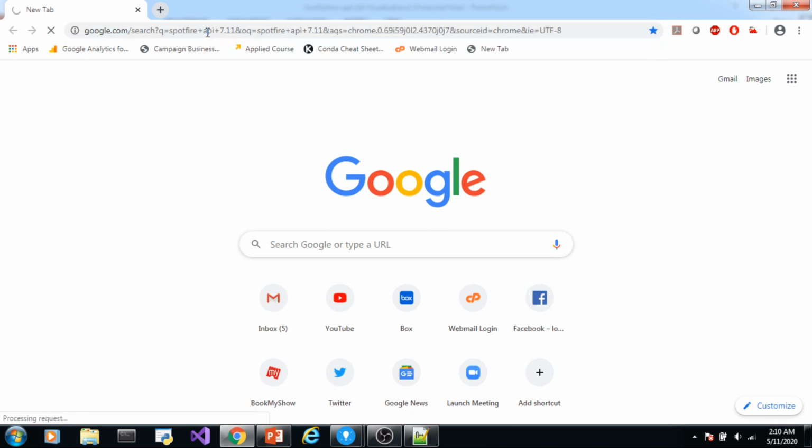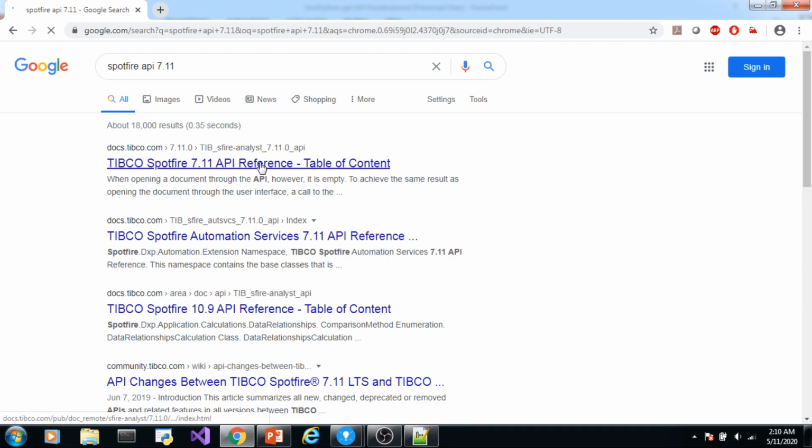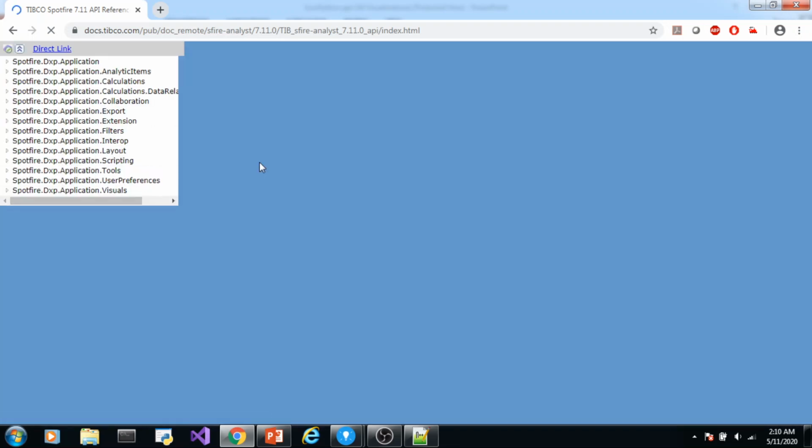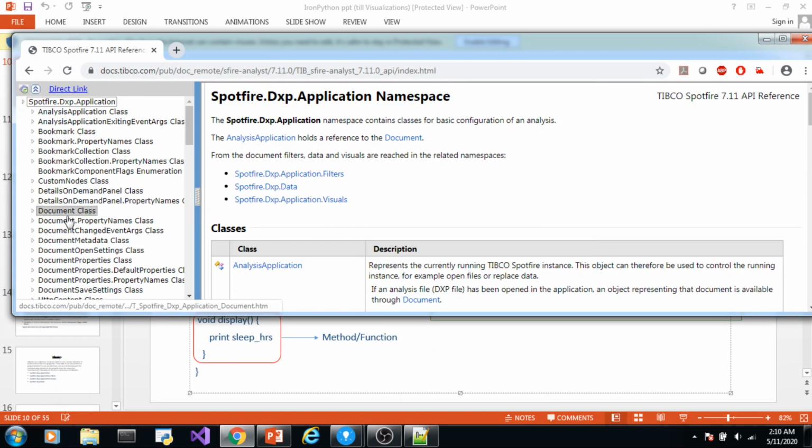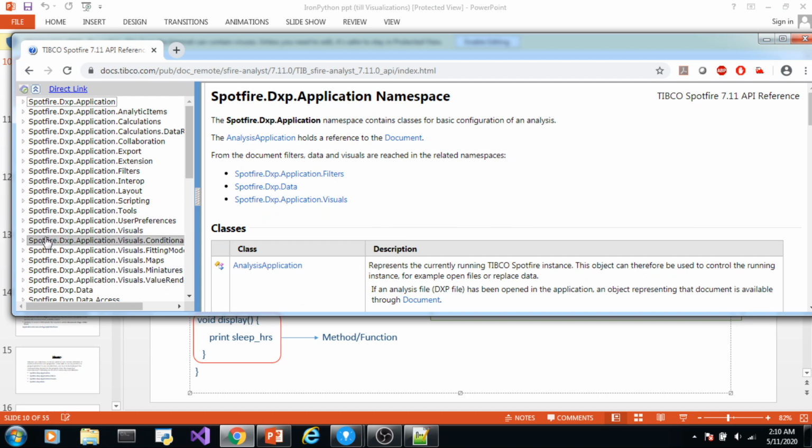What I refer to is 7.11. So for example, you are working with a bar chart, you added a bar chart in an analysis. So the bar chart is an object. You will pass it into an object. Then you will have a reference to a bar chart object. So to access the properties and methods of a bar chart, you will go to the bar chart class. And your object is the bar chart that is present in your analysis.